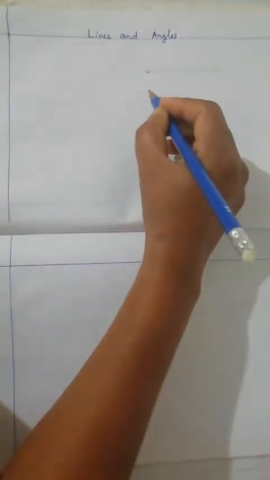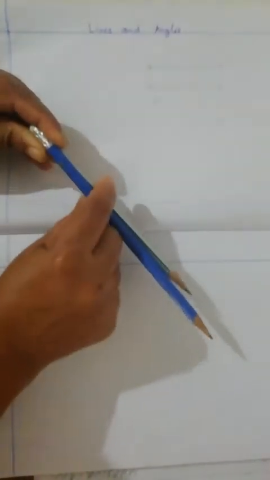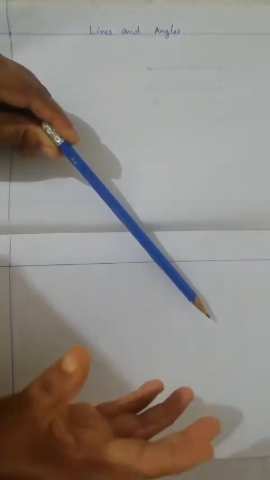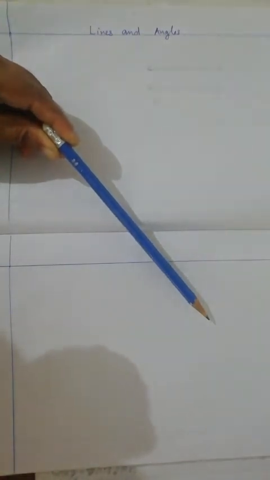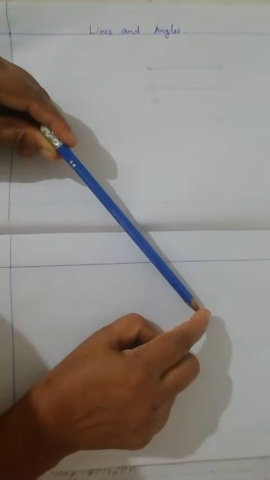Two or more different types of lines you studied: slanting line, horizontal line, vertical line. Suppose this is an example of a line, starting on both sides and going on this way and this way also. We can take one part of a line. That part of a line, starting from one point and going on one side,